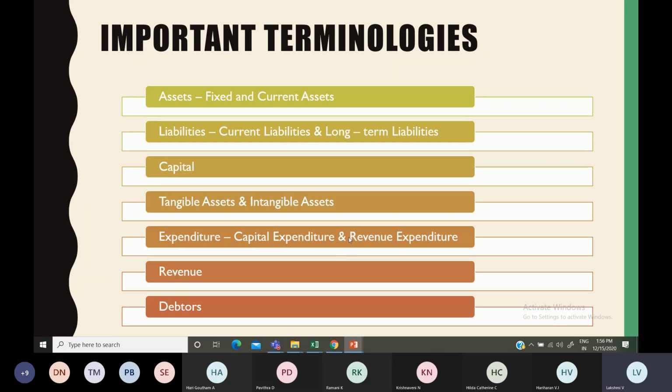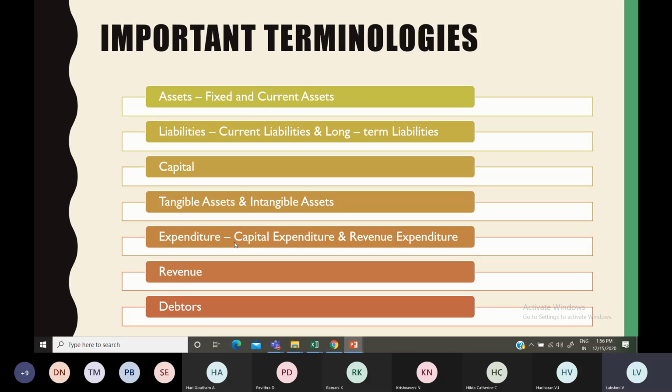Okay, so if I'm hiring a building to set up my business, I have to pay rent to the landlord, to that person. Every month I have to credit his account. Rent I have to pay him. Okay, so electricity bill I have to pay. Right. So like this, whatever is recurring in nature, those things are known as revenue expenditure. For printing purposes or postage or things like that, some expenses I have to incur every now and then. So you cannot name it as capital expenditure. You have to consider it as revenue expenditure.